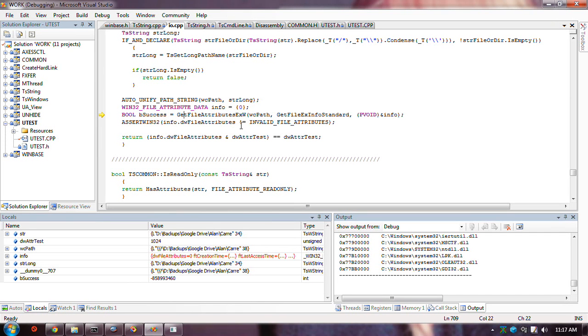I'm going to use the wide character version and put double slash question mark slash in front. The reason for doing that is that your function will then work with a path of arbitrary length. It doesn't matter how long. It should be much greater than the max path, and it'll still work. Success is this thing not returning. It's a bool function.